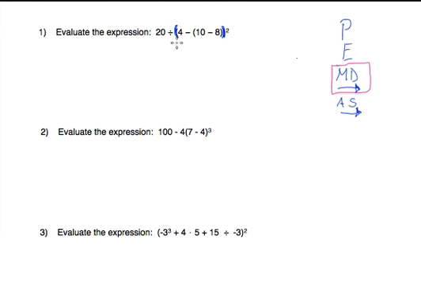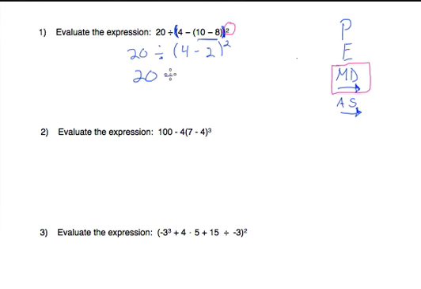So we can rewrite this, and don't forget about your little exponent here. You're squaring what's inside the parentheses. We're going to write 4 minus, and then 10 minus 8 is 2, so that's 4 minus 2. And we'll write 20 divided by. Notice I'm going step by step. All I've done right now is evaluated what's inside these inner parentheses. Now I've simplified what's inside the parentheses, I'm going to evaluate